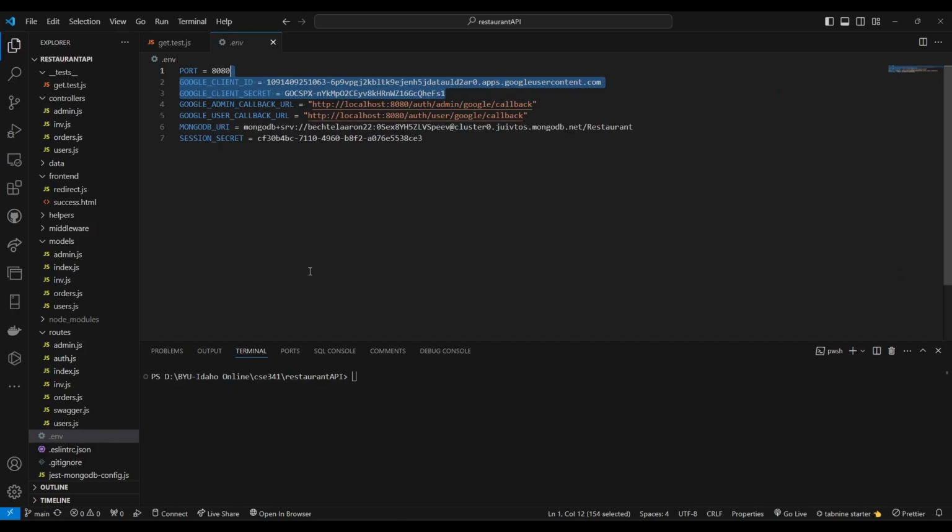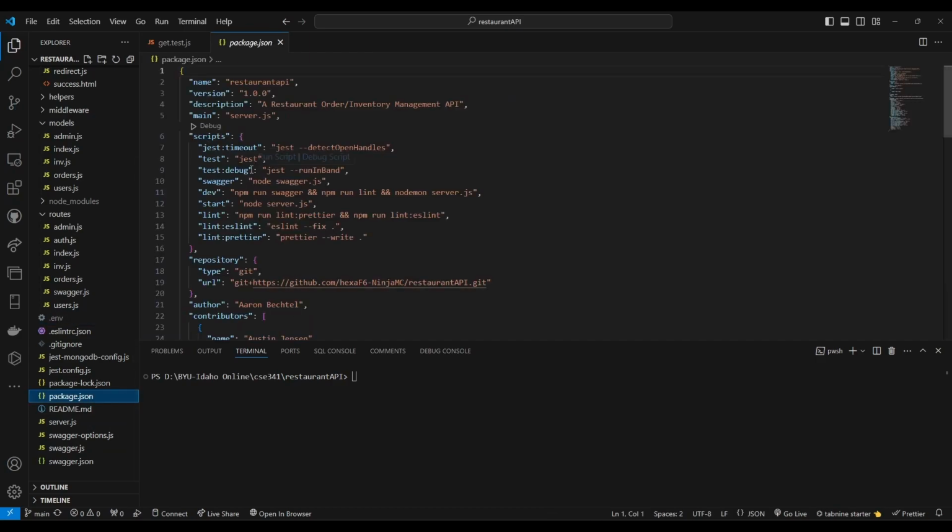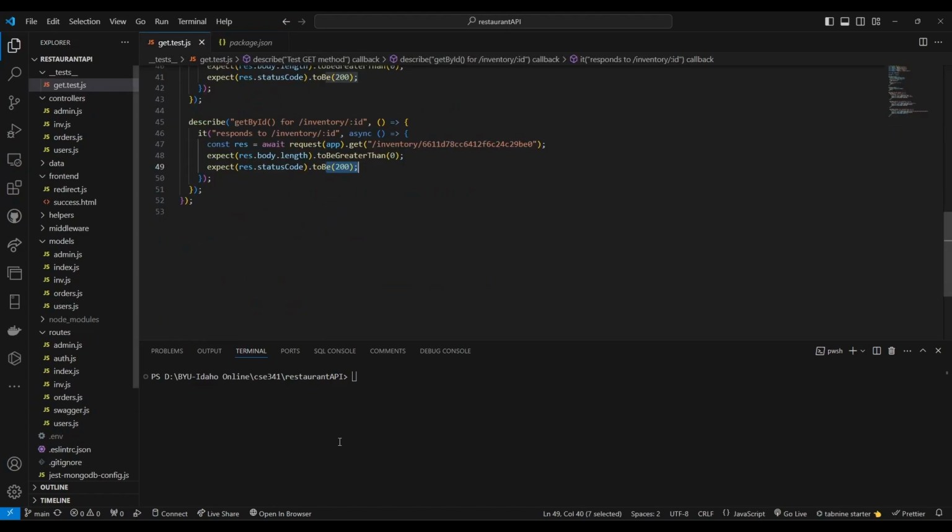So we go into our VS Code, and you would get the package.json file, and then you would just do npm install. It'll use jest, so you just do npm test to run the jest for everything. So there's a test file. It looks like this. Get all tests. If I did npm test,